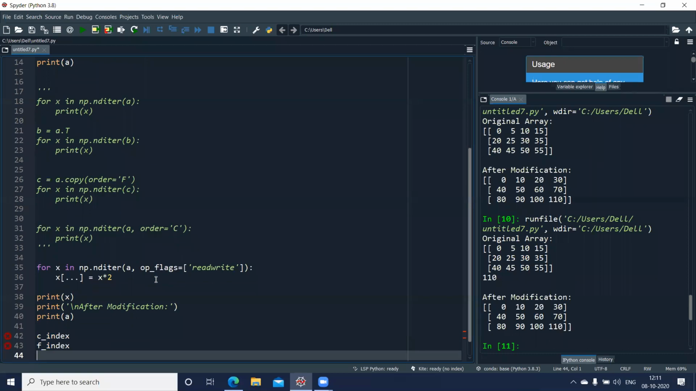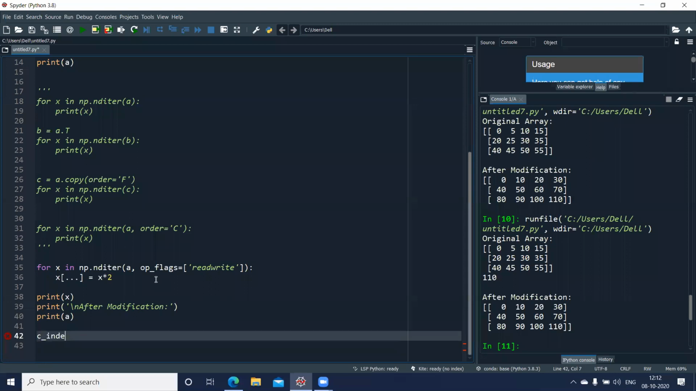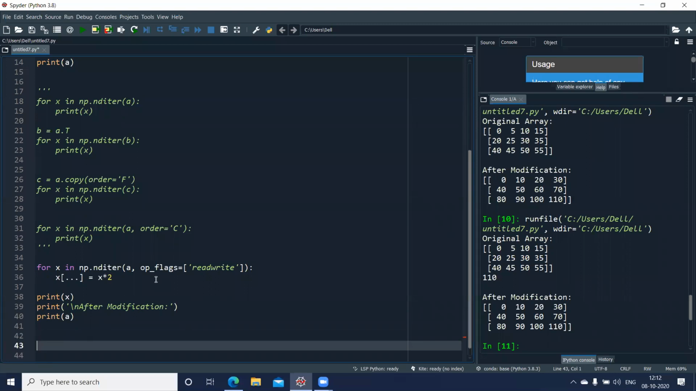Then we also have multi_index, which is a type of index where one per iteration can be tracked, for each of them. And we also have external_loop for one dimensional. Let us take one simple example using flags, because we have already seen C and F order. I'll make use of this external loop option. So if I have the same array and we want to display this array using the flags option or parameter,